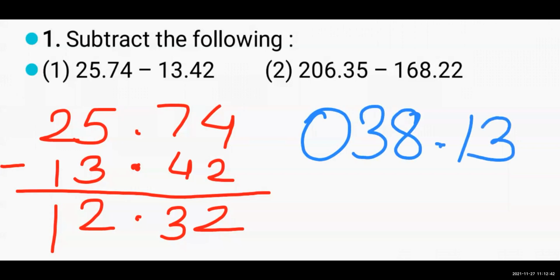038.13. Clear? The second answer is 038.13. Very good. Students are giving me the right answer. Very nice. So here we are done with our problem set 42 and we have completed our chapter. The remaining things will be